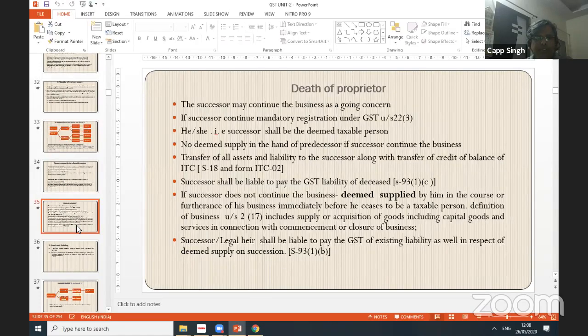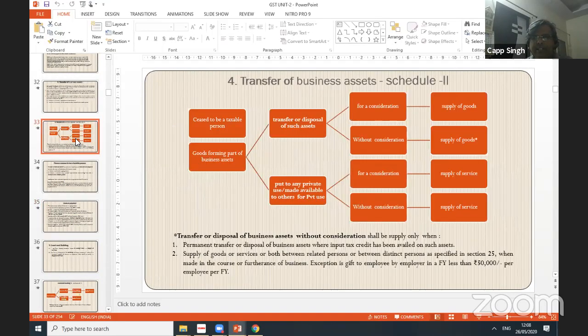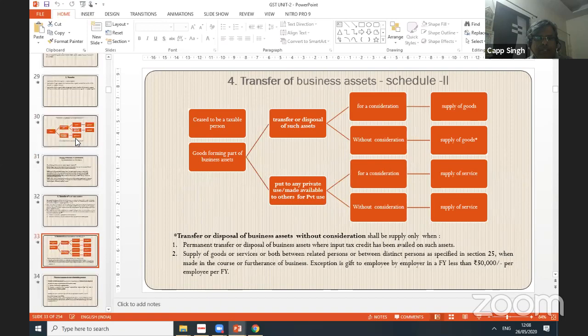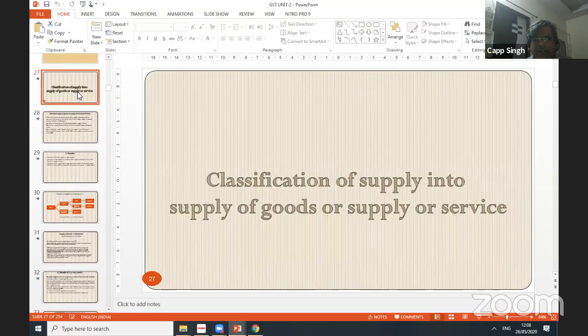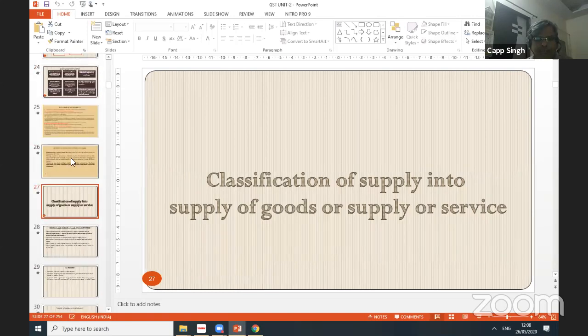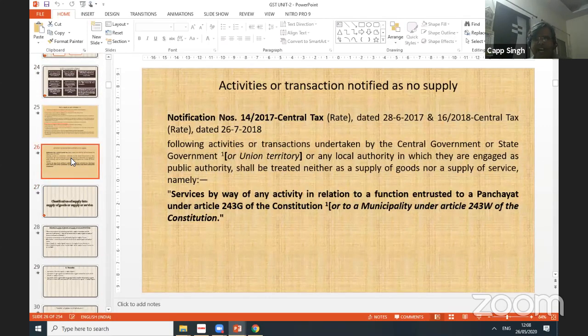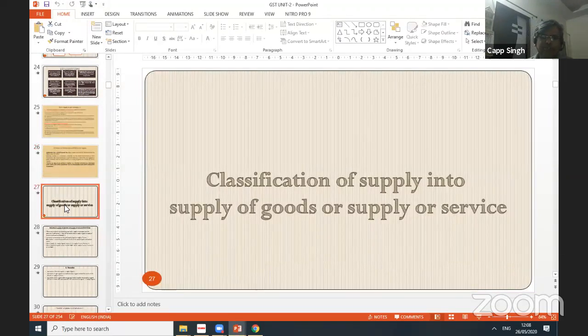2. We have to discuss firstly the classification of supply. Classification of supply matters because GST is a tax on supply of goods or supply of services, so we must understand whether it is supply of goods or supply of services. Accordingly, the rules and the laws have been framed